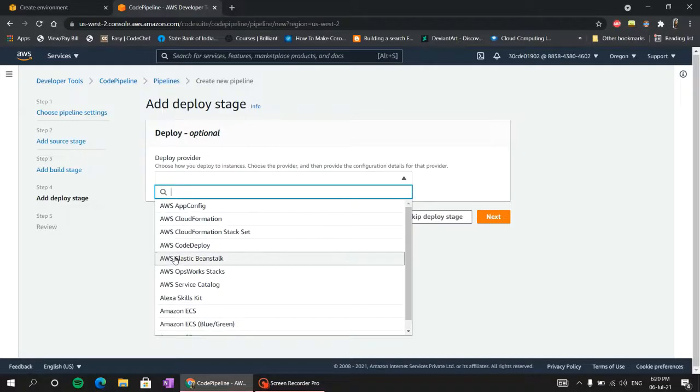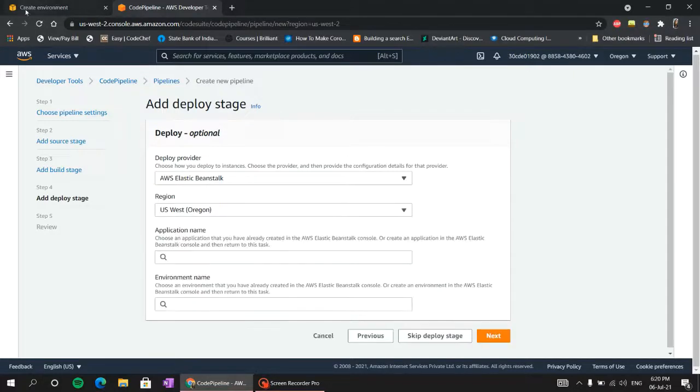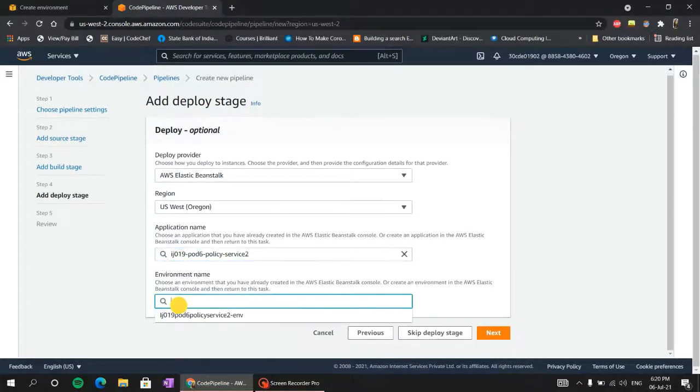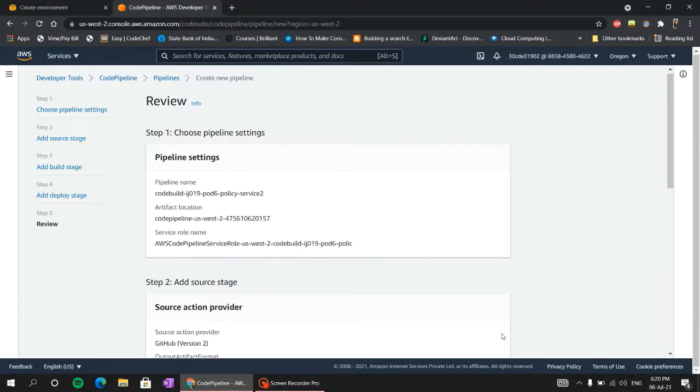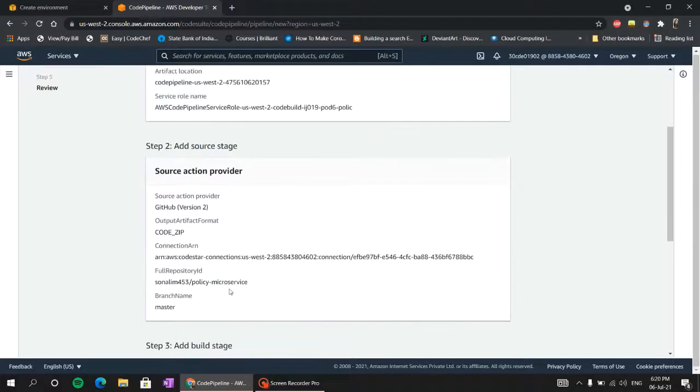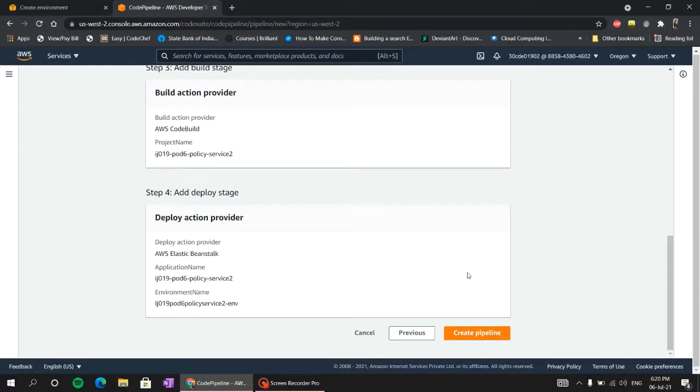Deploy will be our Elastic Beanstalk, where we are creating the environment. The application name would be this service and the environment name will be this. Then click next. Now we are just reviewing what we have added. After reviewing, just create pipeline.